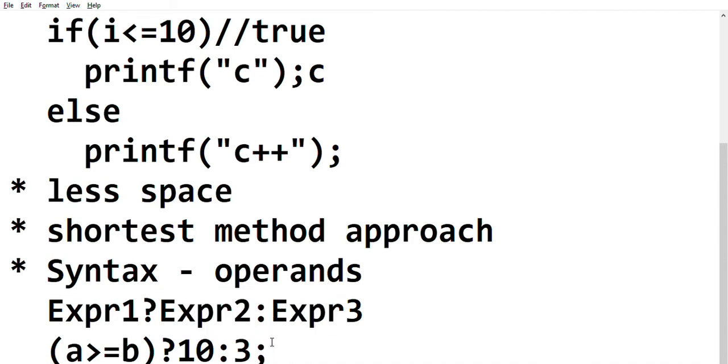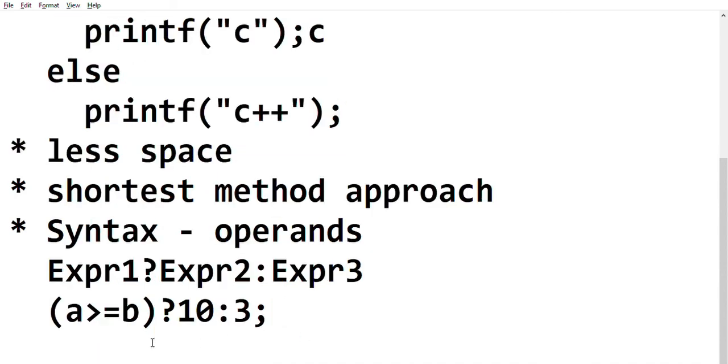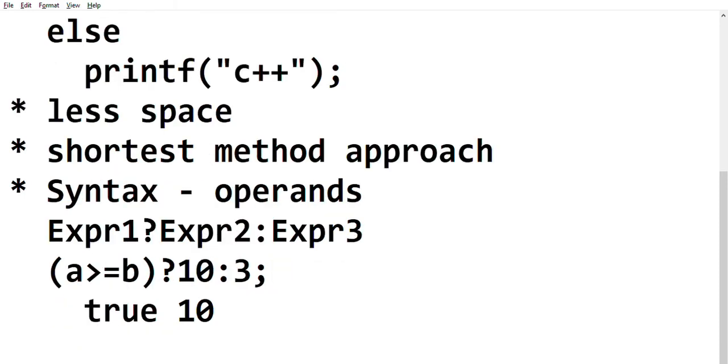Okay, in this case, if the condition is true, the value will come from the true side, that is expression 2. For example, if this condition is true, the value will be returned from the true side, that is 10. If the condition is false, the value will be returned from expression 3, that is answer 3.